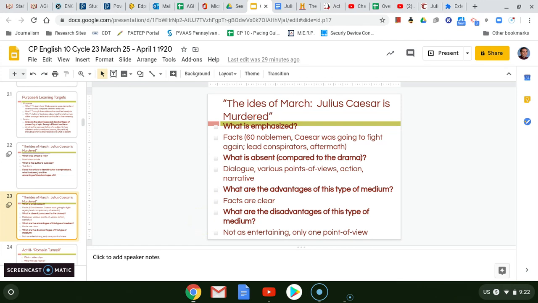You don't find out exactly what it felt like for Caesar to be literally stabbed in the back by his best friend. Okay, but you are going to be able to see that in the film, and if you're watching the play unfold. Okay, so we're going to stop right there. That gave us a quick preview of what actually happened, and we were able to compare that article to the film a little bit and into the dramatic script. In just a minute, we're going to take a look at the